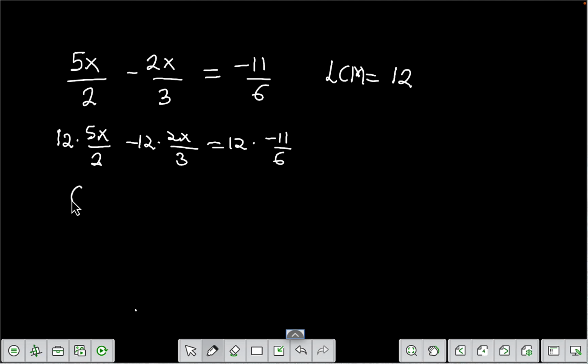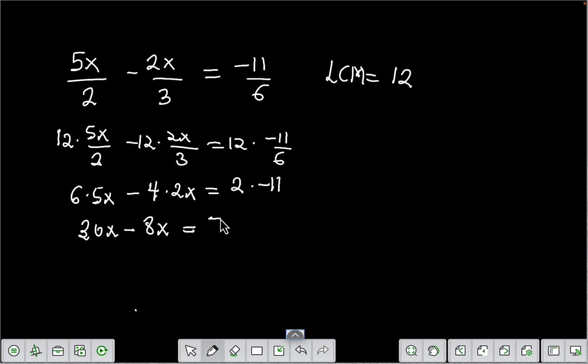So this will give me 6 times 5x, right? Minus 3 goes into 12 4 times, so 4 times 2x. And this equals 2 times 11x, because 6 will go into 12 2 times. 6 times x, 6 times 5x will give you 30x, minus 4 times 2, 8x, and this is going to